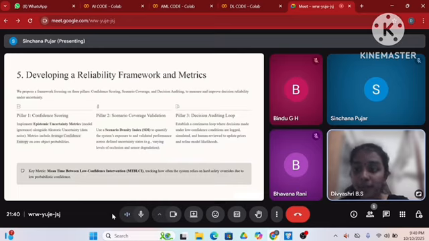Now coming to pillar 1, confidence scoring. This implements epistemic uncertainty, model ignorance, along with aleatoric uncertainty, that is data noise, and the metrics include average confidence and entropy on the core object probabilities. Now coming to pillar 2, scenario coverage validation, which uses a scenario density index to quantify the system's exposure and validated performance across different uncertainty states,